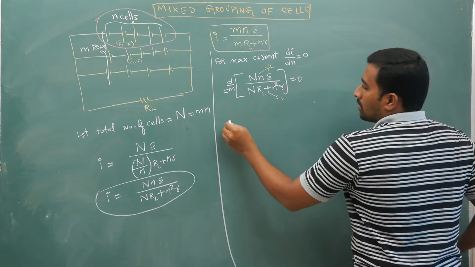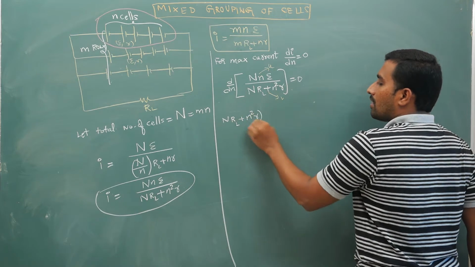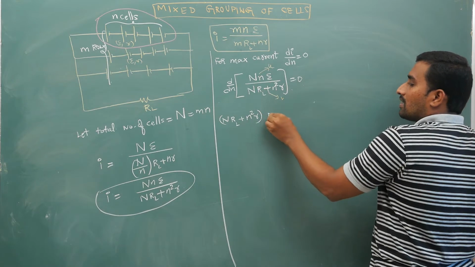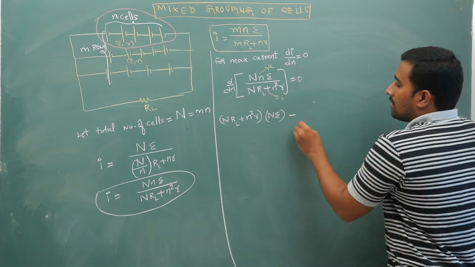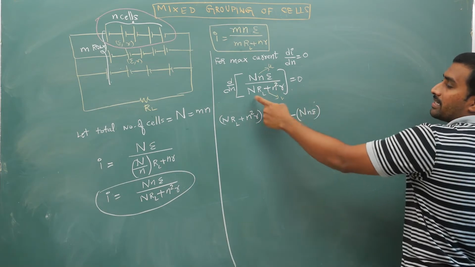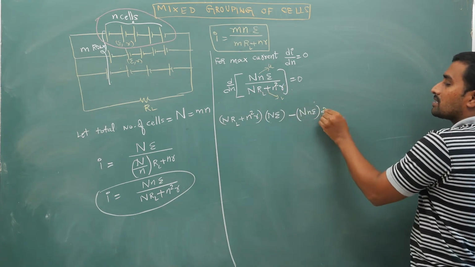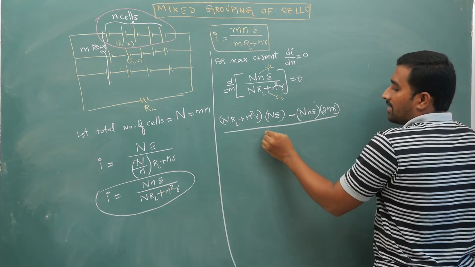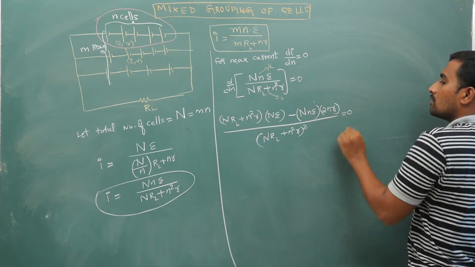So V du, so that will give you N times R load plus N square into R times the derivative of the numerator with respect to N. So that will give you N into E if you take the derivative, minus capital N into small n into E by the derivative of the denominator, this capital N into RL is 0, okay, because this is constant. Derivative of N square R is 2NR, whole divided by, okay, N times capital R plus N square R whole square is equal to 0.